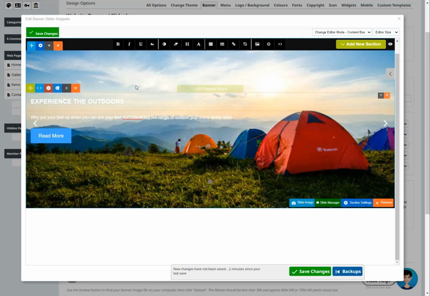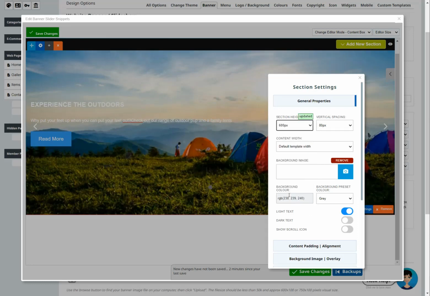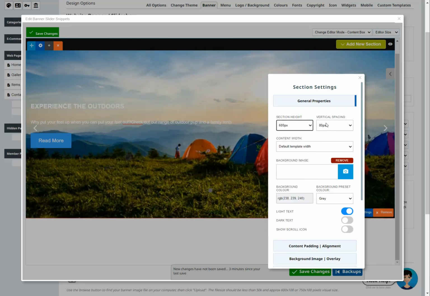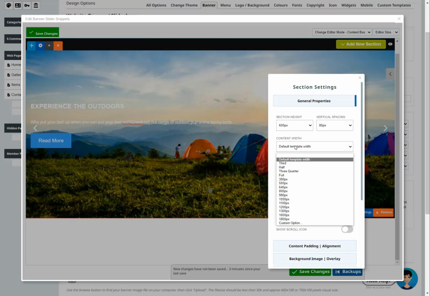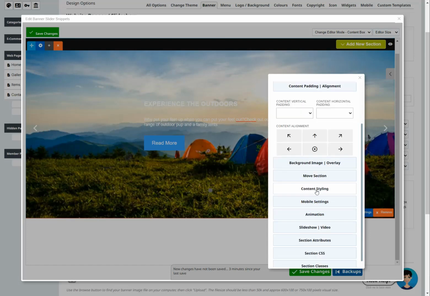So now I'm just going to reformat the width of my content and check its alignment, just with the section settings. I'll drop its height for starters. We'll make it 600 pixels in height. Spacing is not so important in this case because we've set a height. Default content width, let's try 500 pixels. Snaps it to the middle by default, but we can go and change the alignment